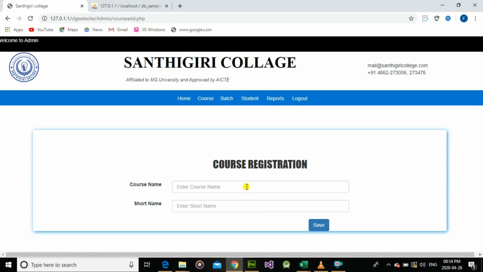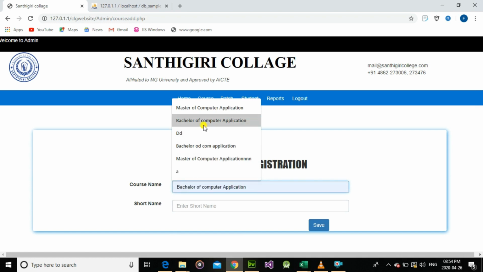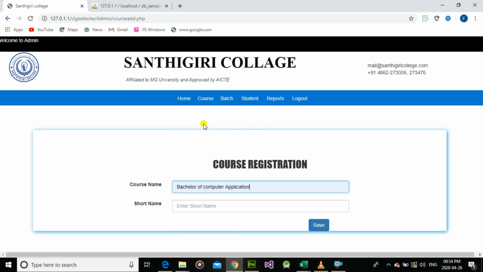Then I enter a numeric value in these text boxes and click on the Save button. Here we see the pattern validation: please match the requested format. That is, this validation is because we cannot enter numeric values in these text boxes. We commonly use pattern validation for text, numbers, email, contact and password. So, I enter valid input values for these text boxes.